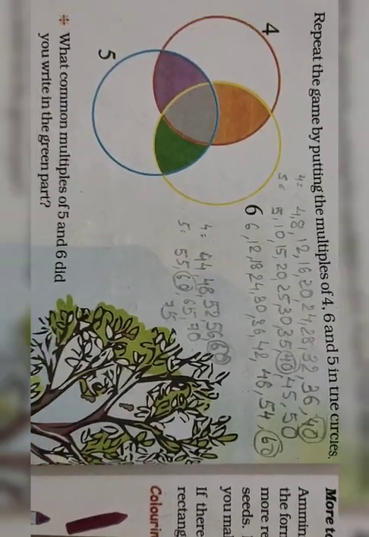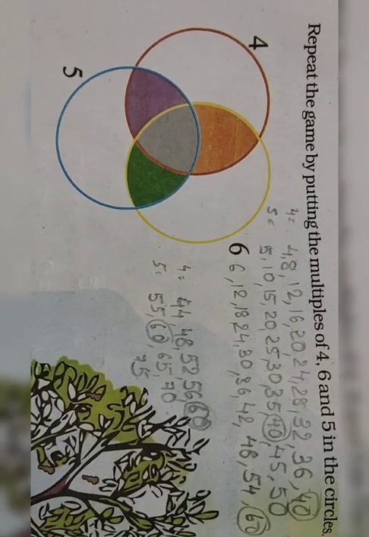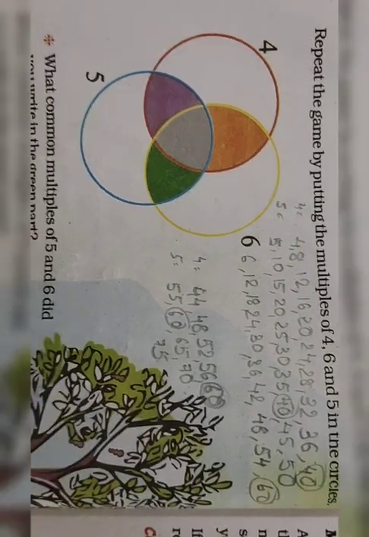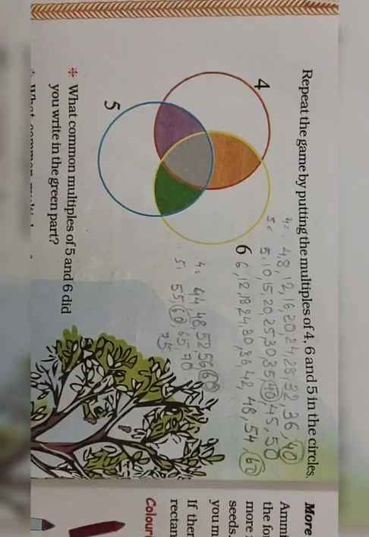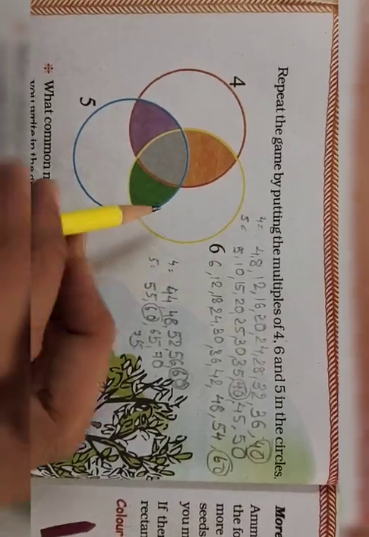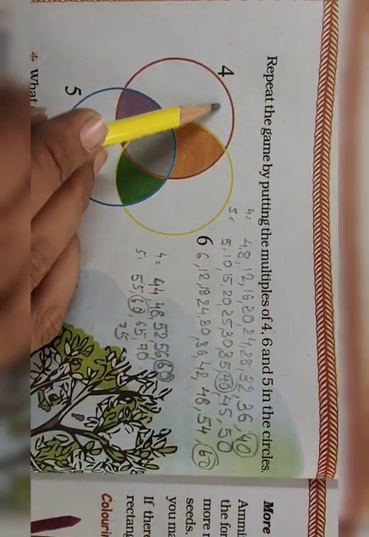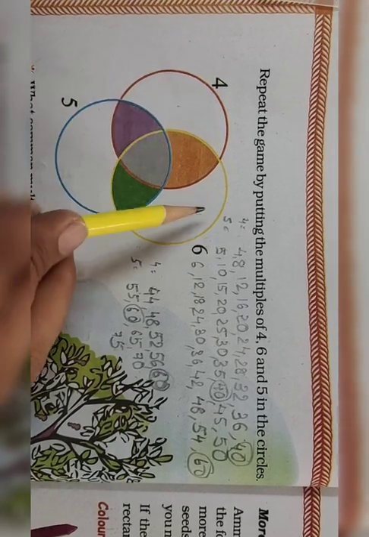So till we are not getting any common multiple, we have to extend the multiples. We have to write further multiples. Now we will write down, as we have got the common multiple. So which is the common one? So the 4's multiples we will write down in red, 6 multiples in yellow, and 5 multiples will